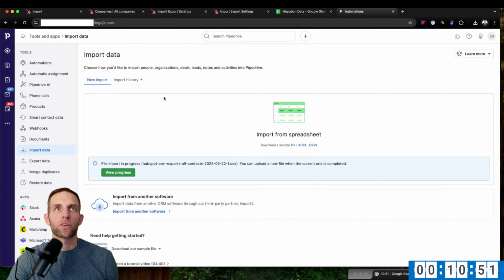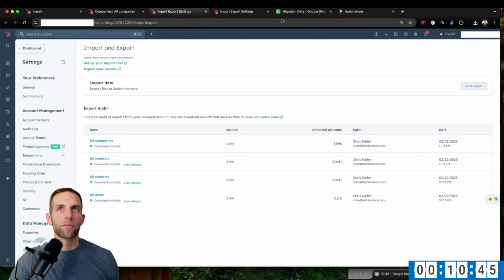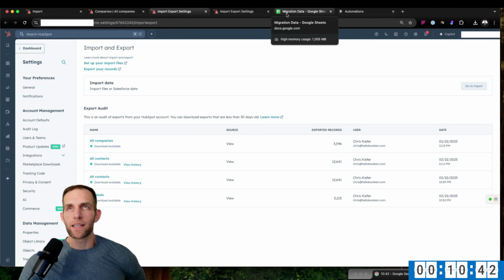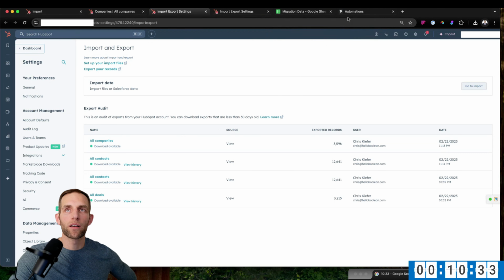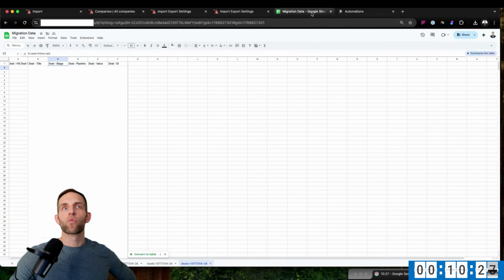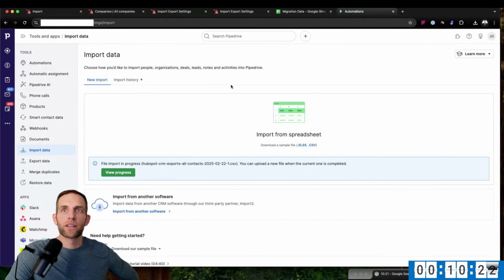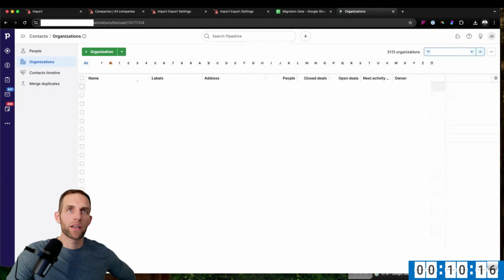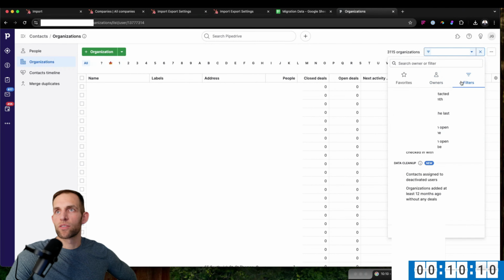So that's still working away on the contacts. Let's see if there's anything else that we could do here. So the key with this approach is that we're trying to identify which records in the various objects, so contacts, companies, deals, etc., which of them are not in the new system. So by doing it the way that we have done this, if we look at contacts, which are actively being imported right now, and we go down to the filter that I just made, that is called